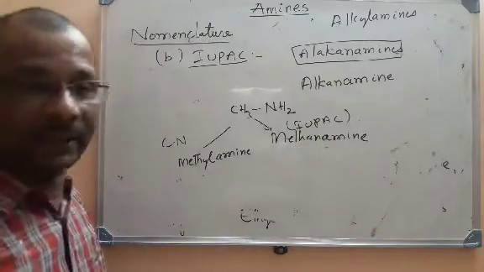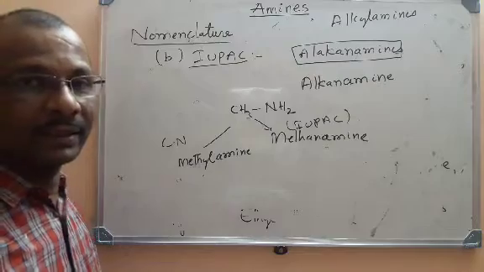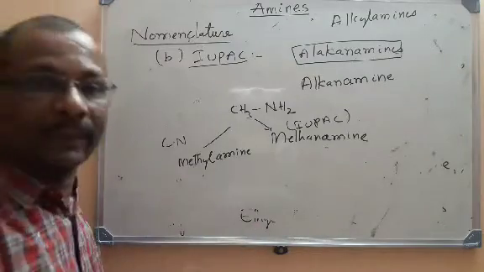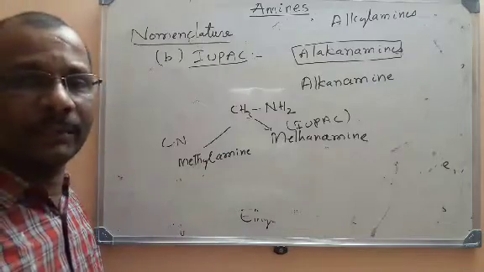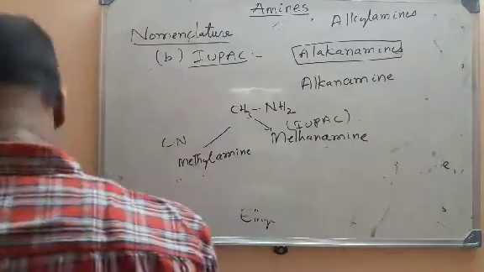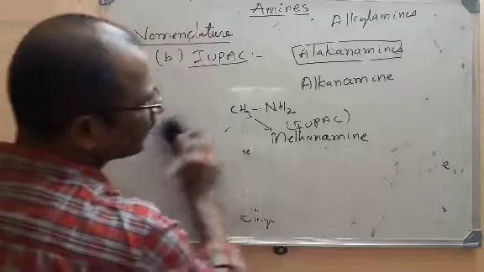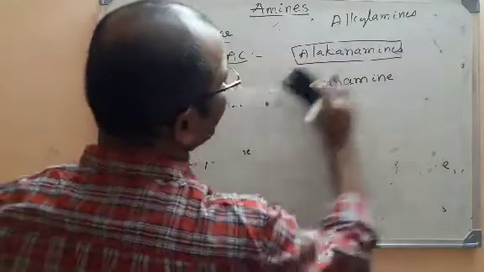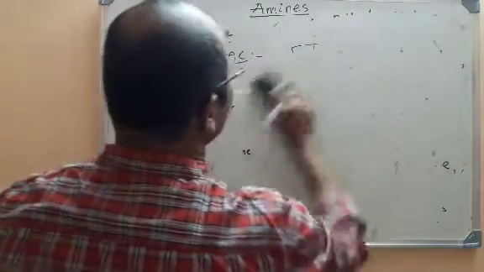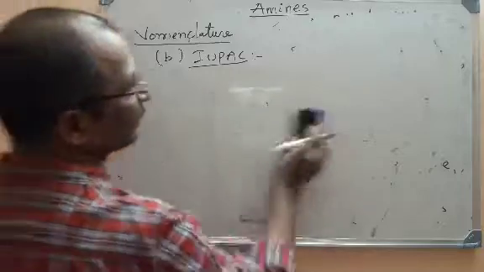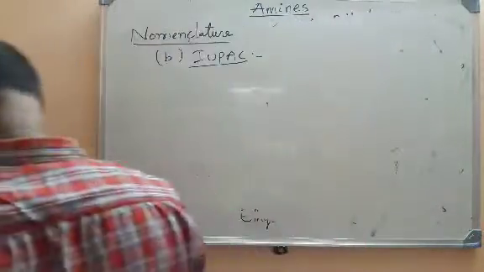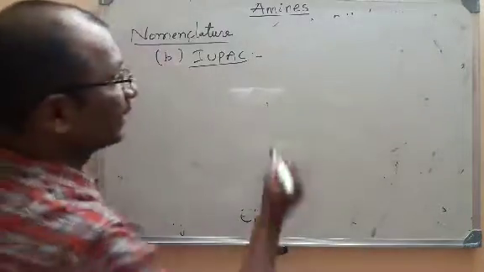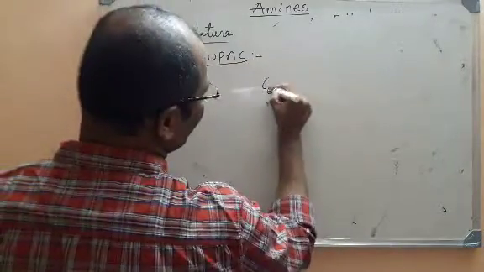So this is the nomenclature of aliphatic amines. There are some more cases in this nomenclature. We'll discuss further. Now what about the aromatic primary amines? Let us see. I will write one example. Here also we'll follow the same technique. That is, we'll take the parent arene. The E of arene is replaced with amine. The parent arene is taken.